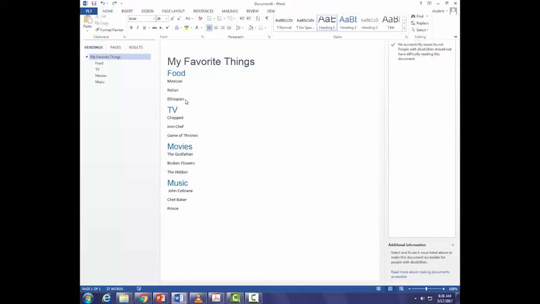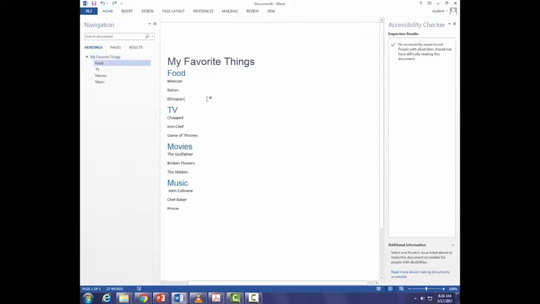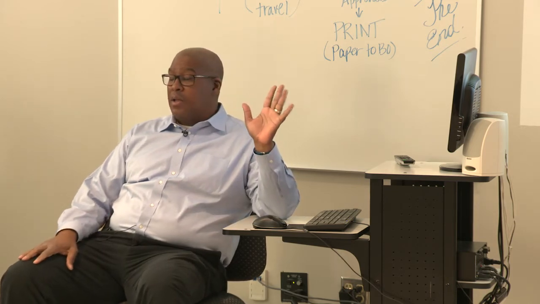But now what we're going to do is, let's go to where we had food, right, our heading 2. And under your last food item, whatever that is, hit enter and put your cursor under the last food item that you entered. We all entered different foods and all that. All right. Now keep your accessibility checker open.